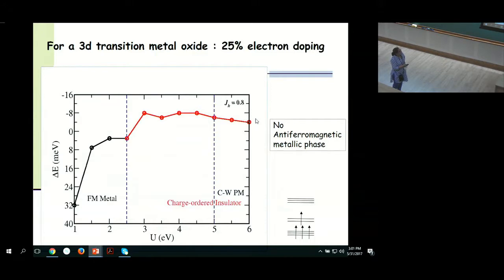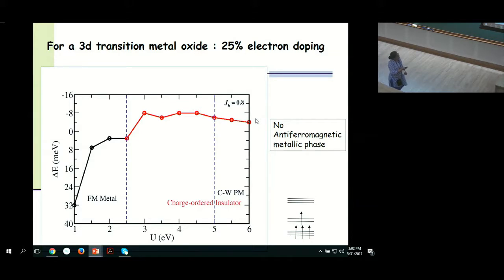Now, the surprise was when we looked at the 3D transition metal oxide. We haven't included any electron phonon physics here, but if you look at the same electron doping concentration over there, you have an entirely different phase diagram. The metallic phase is found to be a ferromagnetic metal, and at large values of U you again recover the charge-ordered insulating state. This can be understood because the Hund's coupling plays an important role in determining the order of states which are occupied, and over here the doped electron goes into the EG level, which favors a ferromagnetic ground state.